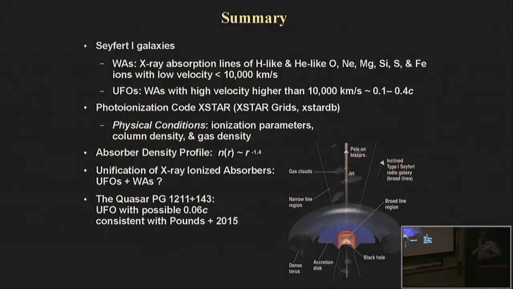In order to do photoionization, we make a grid of photoionization models, and we fit this photoionization model to the spectrum to find what is the best ionization parameter and column density. And using this method, we can determine the density profile, if there is any unification of ionized absorbers, what is the density profile of this ionized absorber. And I also present the latest result of our Chandra grating observation, which suggested that there